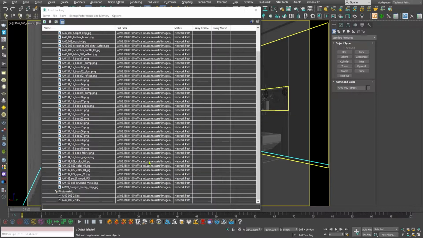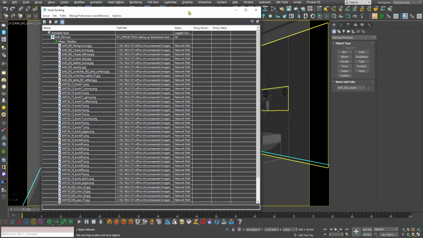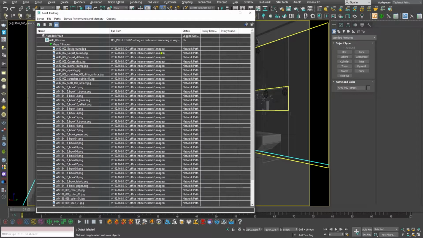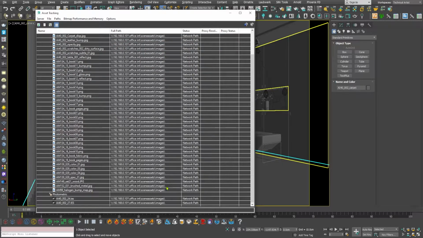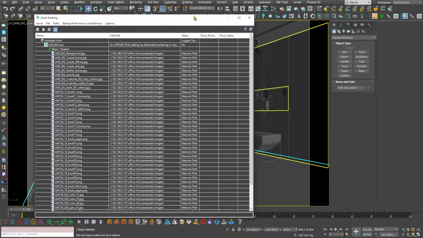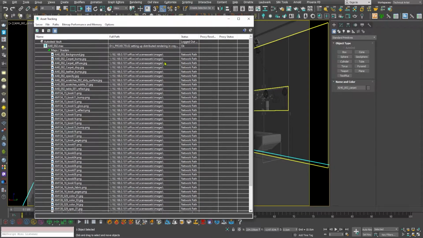Remember, in my other videos I have told you that I am not a big fan of the Corona and V-Ray sending assets to the computers, although they can do it very effectively these days, but it takes time to send all of the assets, and remember that includes the max file as well.